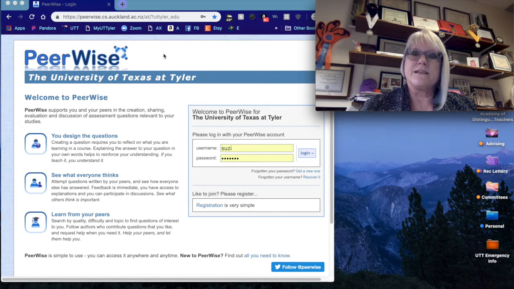It's very easy to set up. You simply register, and then at the beginning of every semester you create your courses, which takes all of 2 minutes. Then you have to assign an identifier to each of your students, and I just download names from Canvas. I use the first 4 letters of their name, and then I add first initials as necessary for common names and things like that. You load the file very easily just by copying and pasting into Peerwise, and then the